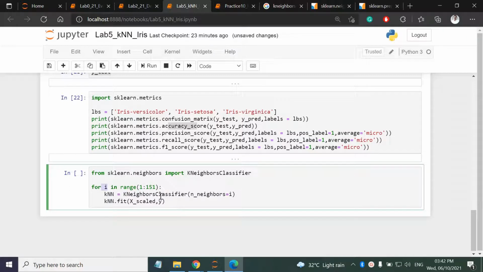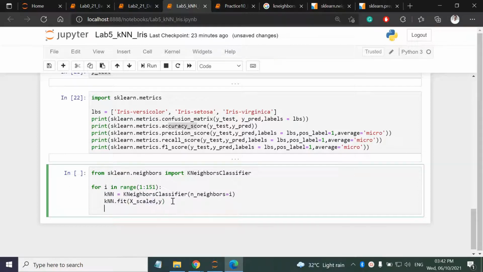When i equals 1, it means consider only one neighbor. When i equals 150, consider all the neighbors. So i is varying from 1 to 150. I have the object, fit it on the data, and then knn.predict for the entire data.